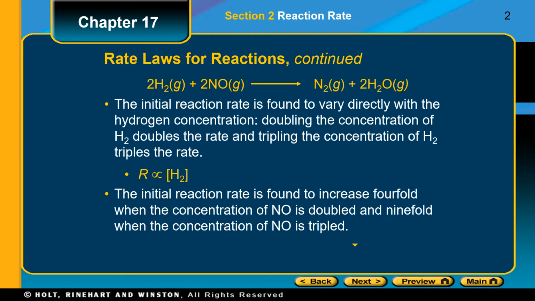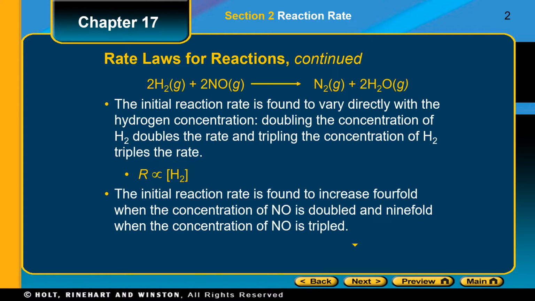The initial reaction rate is found to increase 4-fold when the concentration of NO is doubled. Okay, so for the other reactant, nitrogen monoxide, if I double its concentration, the reaction rate increases 4-fold. In other words, it goes 4 times as fast if I double the nitrogen monoxide concentration. And it will go 9 times faster if I triple the concentration of the nitrogen monoxide. So